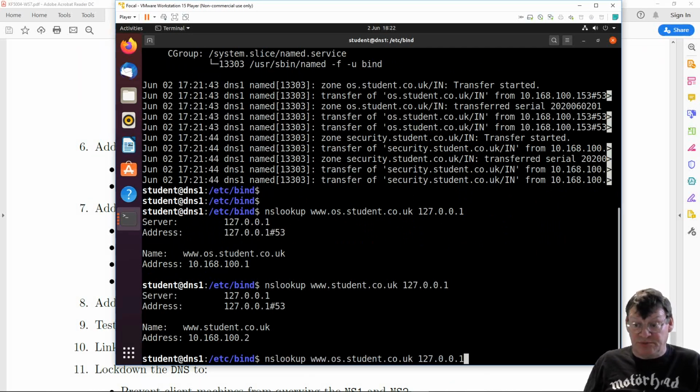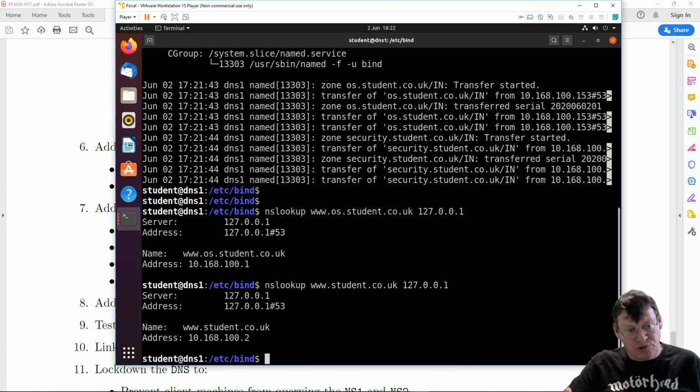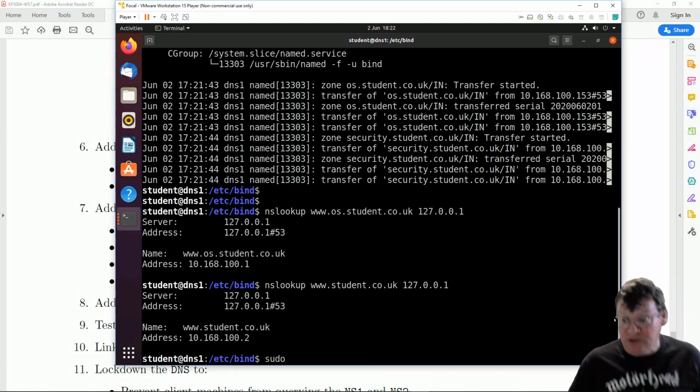I've now got the subdomains working as well. So that is the subdomains created and transferring to here. If I want to force an update, I can actually do that, which is dead easy. I would just simply go, I think that was a police car. Anyway, so I can go sudo